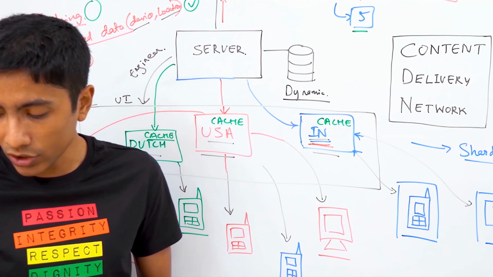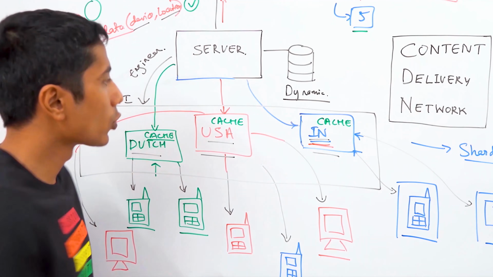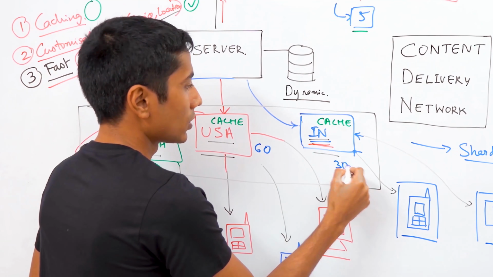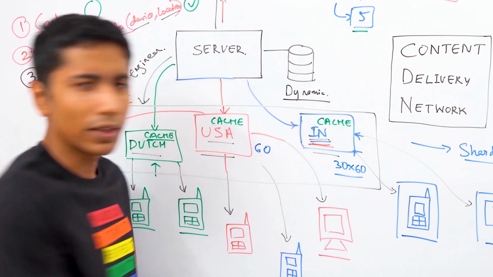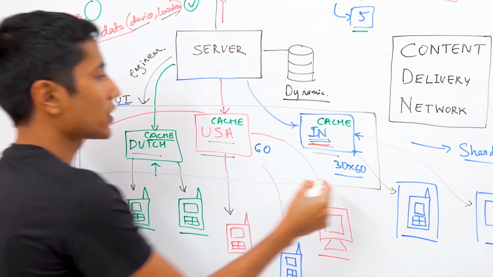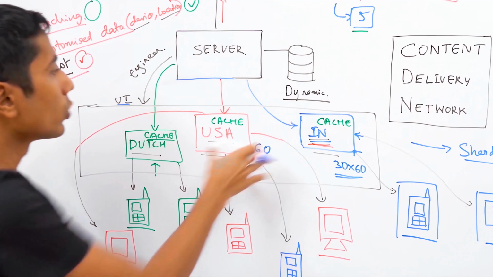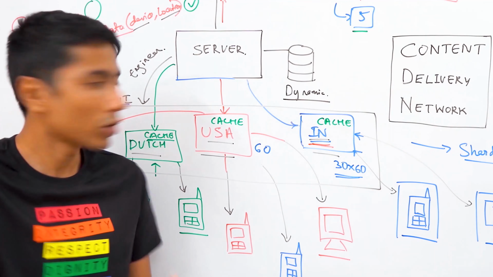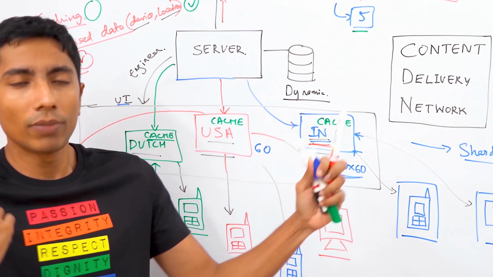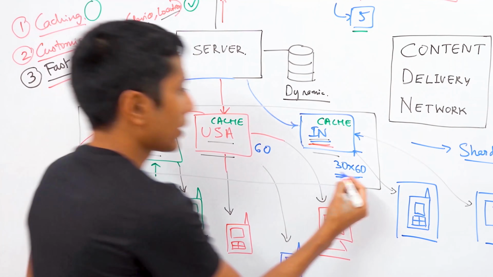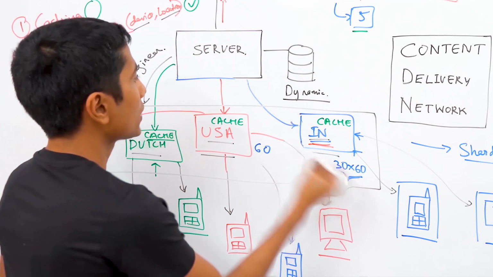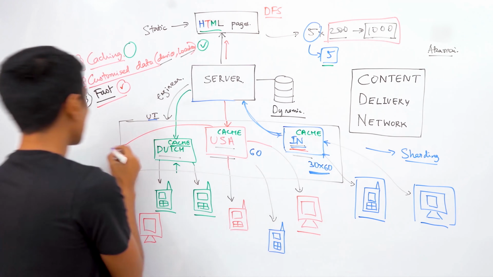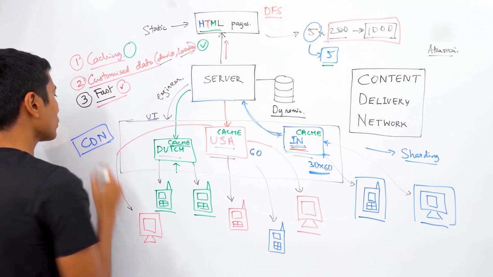Most of these caches have a time to live also. Sometimes you want the data to only exist for 60 seconds or for 30 minutes. So whatever that may be, you get a nice UI to set this up, right? Otherwise, you would need to actually create a cache and then have some sort of a cron, or you would have some sort of check on every GET request: hey, is this invalidated or not? And if it is, then go and fetch data from here. All that stuff is taken care of by the solution provider, which is a content delivery network.